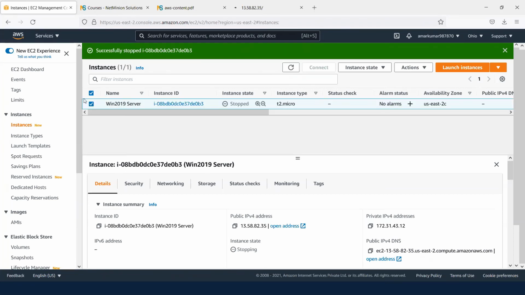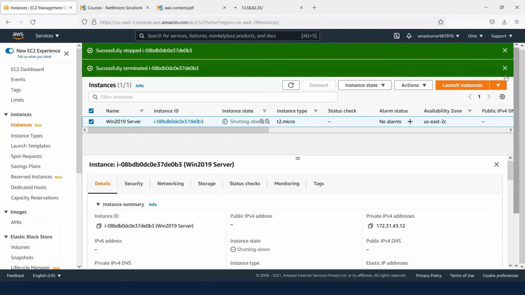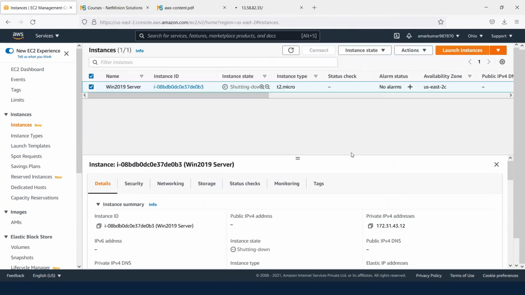It's a stop. Post turning off, you can just delete this instance, terminate instance, and this is going to delete this immediately. So let's say if I have a requirement of 1 hour to use this machine, I can use it and then delete it. So this is very easy if you are doing it on the cloud.